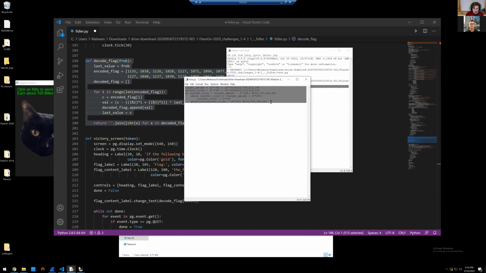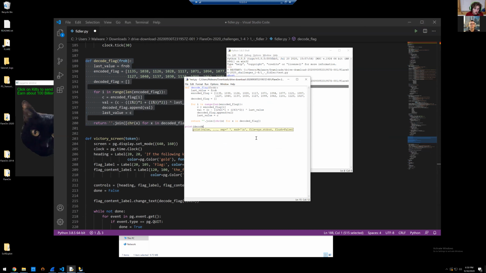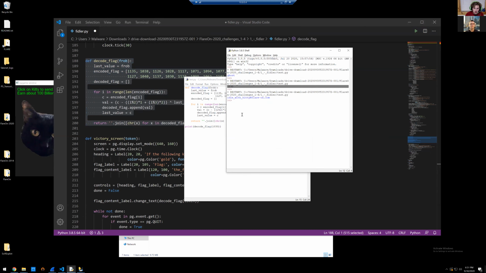You go to the test.py, paste it, and then you just go a line or two down. My bad. You say print decode flag 1030, because that was the token value that we got from going through the game screen. And you'll just hit run module. Okay. And there you go. There's your decoded flag. And if you're on the FlareOn site, you could just copy this